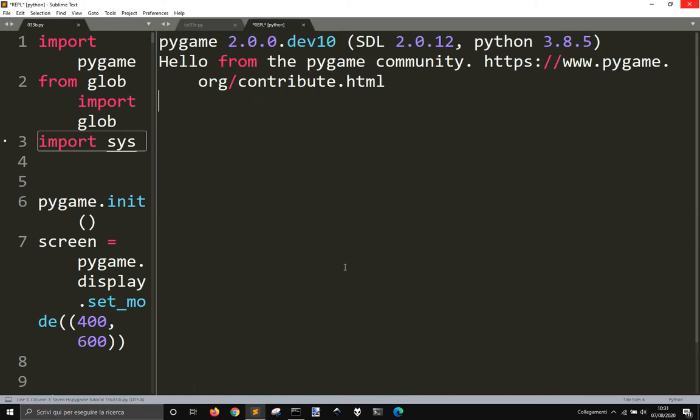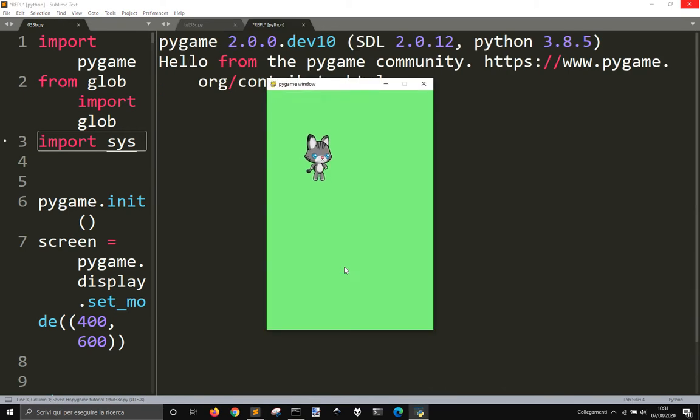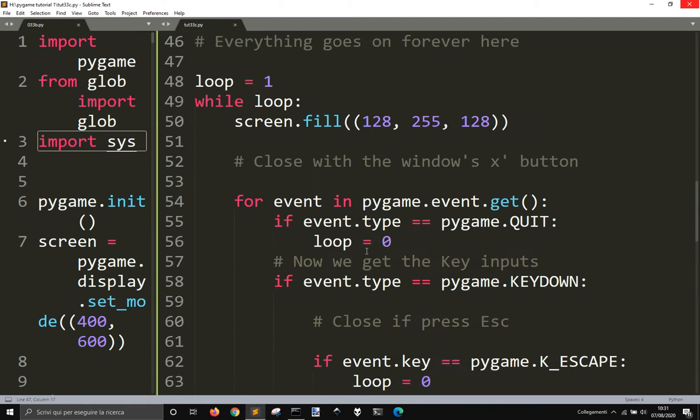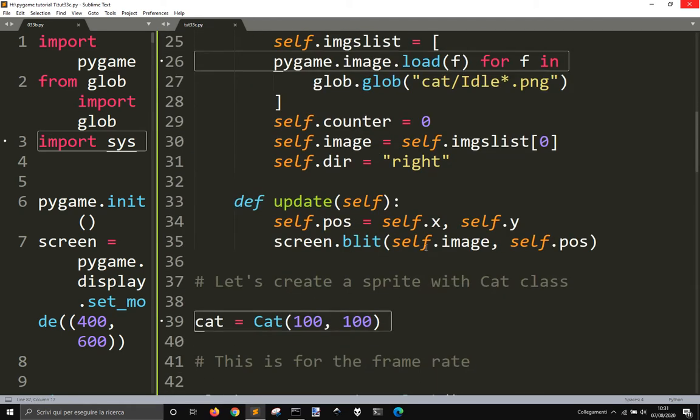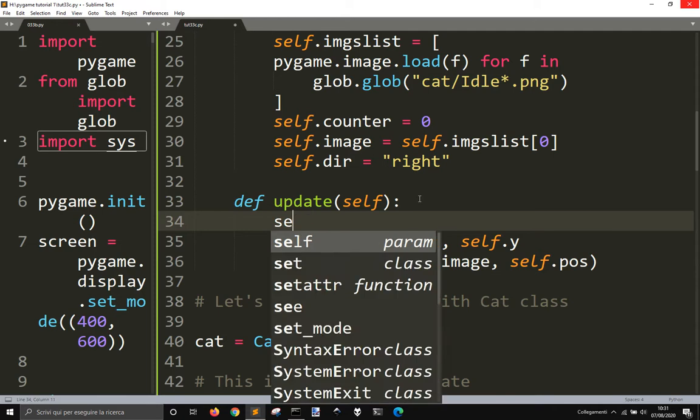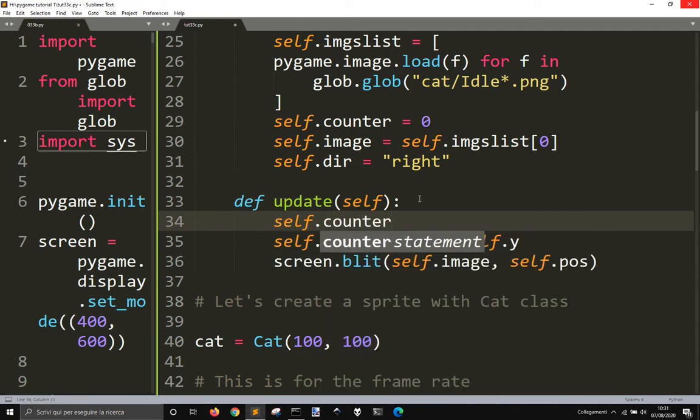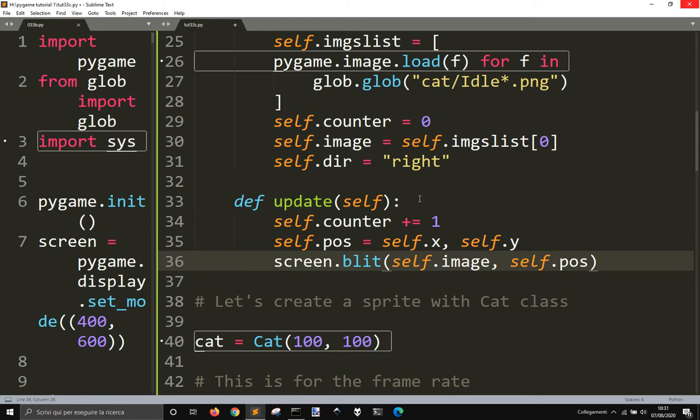So as you can see here, one problem is that you don't see any animation. So how can we do the animation? We've got to change the self image here. How can we change it? We must put a counter here. So self counter, for example, plus equal 1, and we will use this instead of putting here self image,